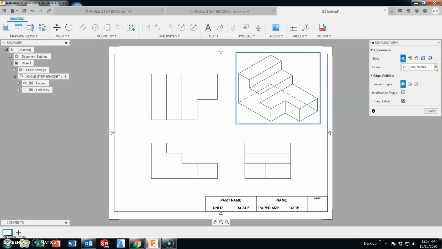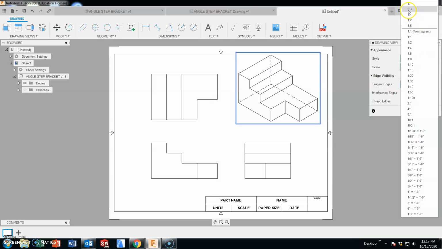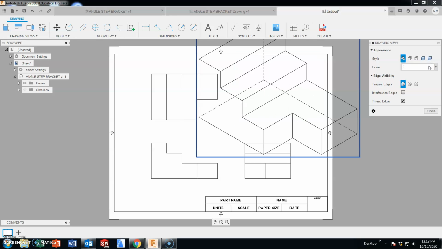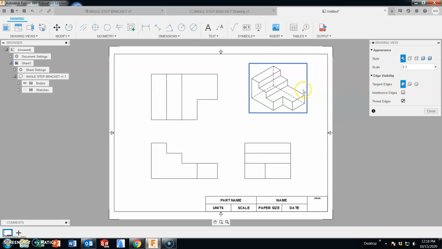We're going to break this. And we want to go a scale size smaller. By default, you don't have a scale size of 2 to 3. After you do this the first time, this will show up in your favorites list. So we're going to set a scale initially of 2 to 3, which is now sized it down,